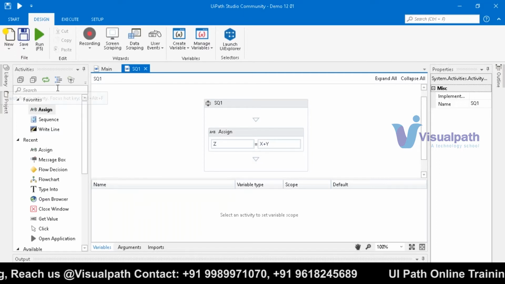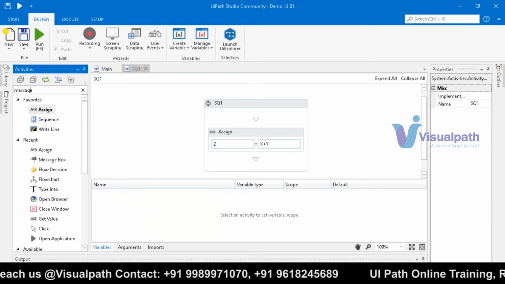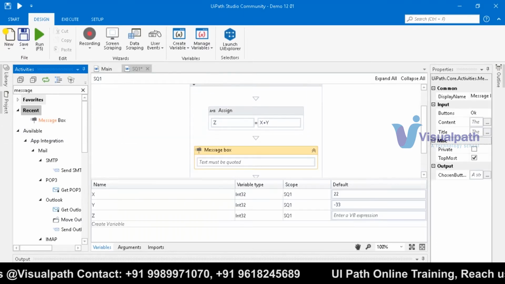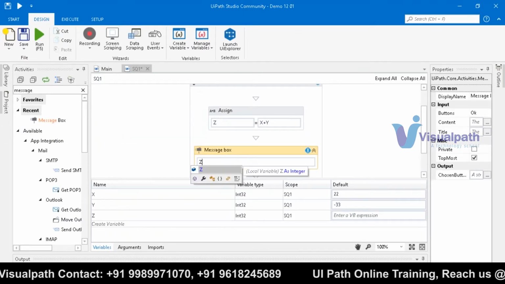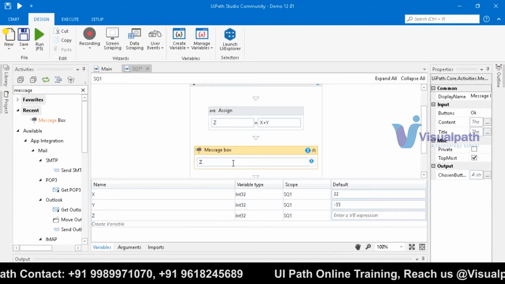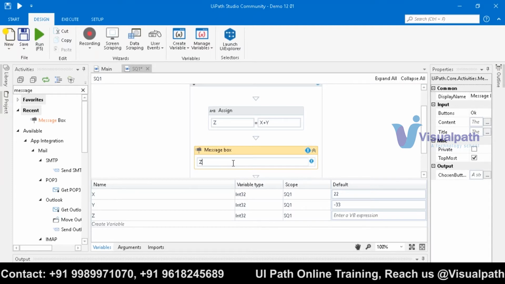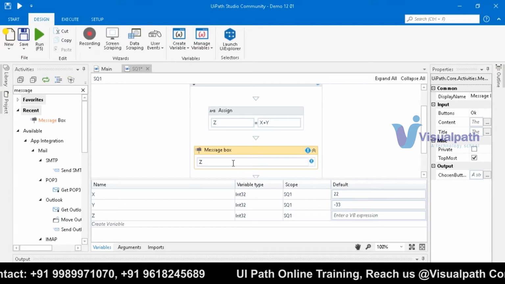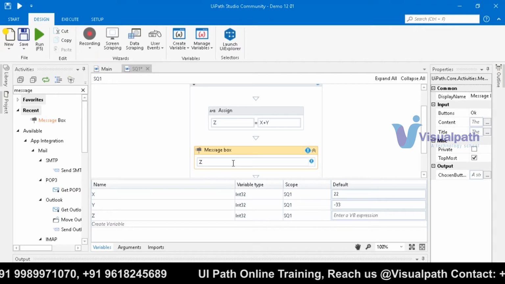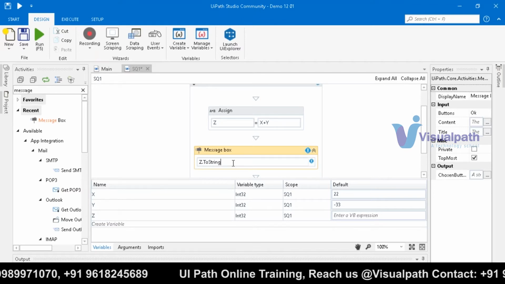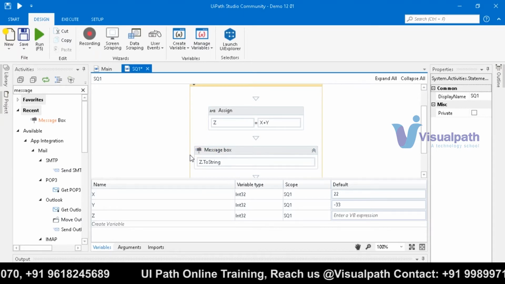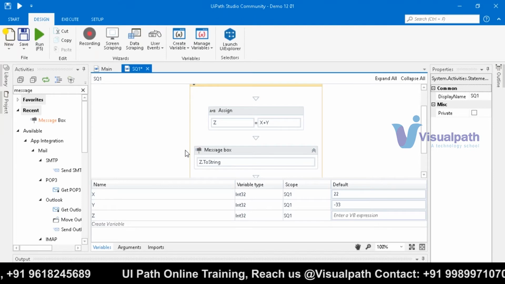So first we'll try to throw an alert. I can use a message box to throw a pop-up with the result I want to see. I want to throw a pop-up of the z value. Okay, I want to see that z value in a message box. The problem is z is an integer. In message boxes I can only throw string values. So I need to convert that numerical value into a string. So how can I convert? Using .toString. People who are familiar with .NET would know toString will implicitly convert that int32 to a string data type. So if I execute it now,